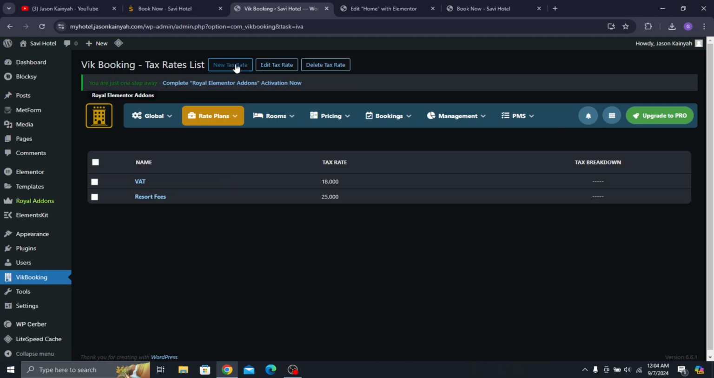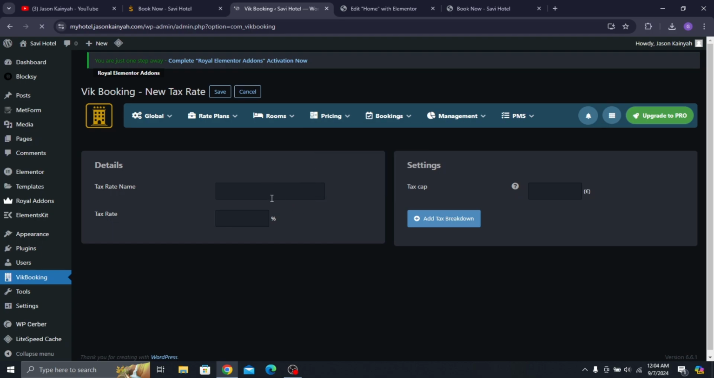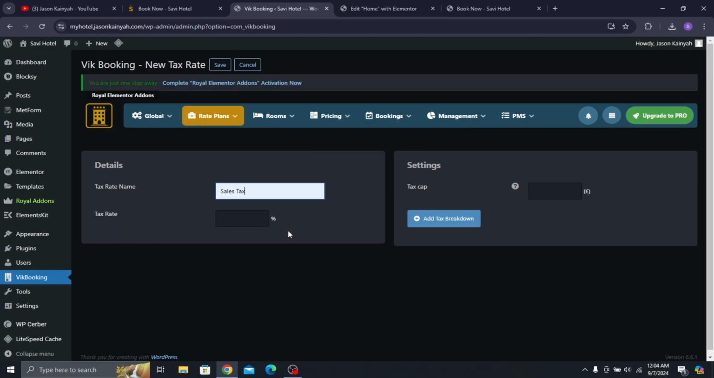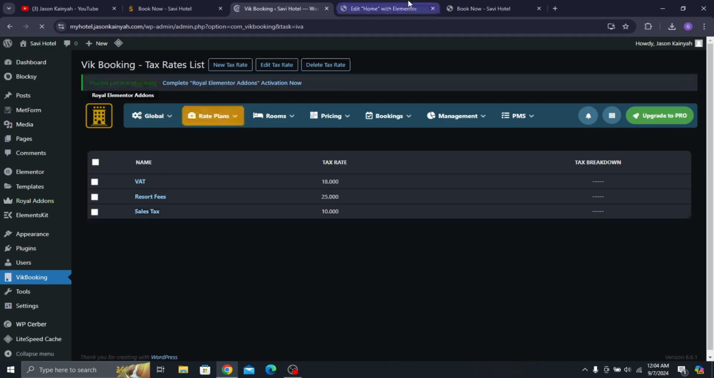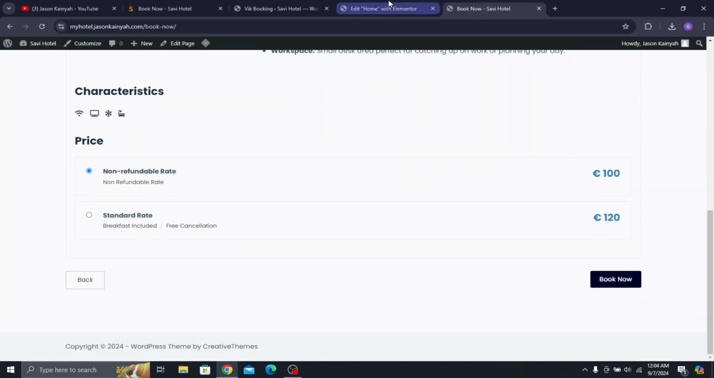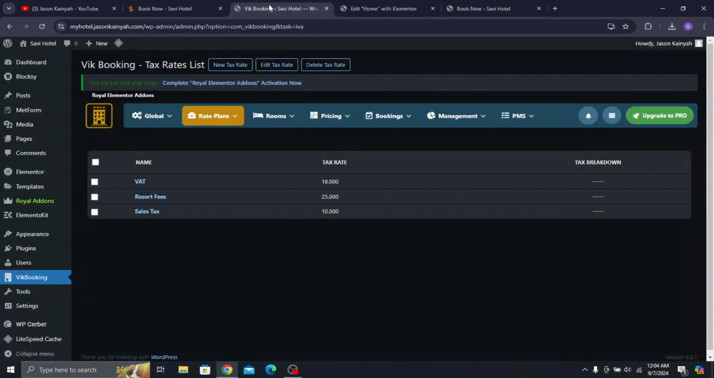You can click on new tax rate to add another one. Maybe you can make that like, what, sales tax. Okay, you can make the tax rate like 10%, and then you can click on save. Okay, so that's how you create your tax rates. Now let's try and create more of this. Okay, so to do that,